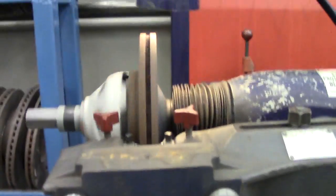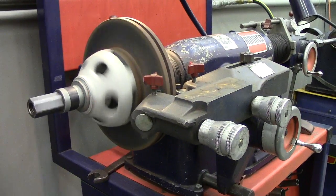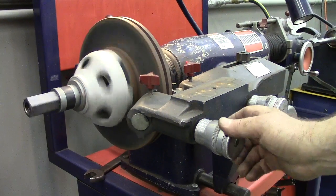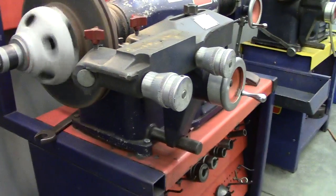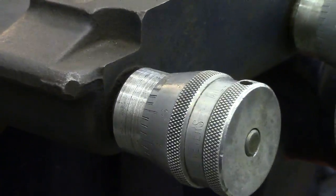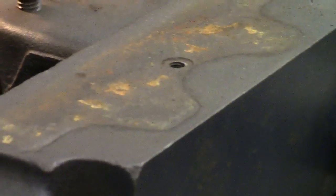Now, let's go ahead and take a big overview of this and see what we do next. Finish this out. All right, I'm going to take this guy in. I'm going to go till it touches. Then I'm going to zero my micrometer on top. And there is metric and there is micrometers on top of this guy, in thousandths of